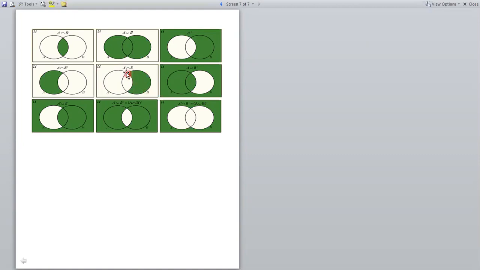But when we apply A complement intersection B, then this shaded part defines it. This total part is B, and when we take A complement, the outside of A, and apply the intersection, that is common to A complement and B in these sections.